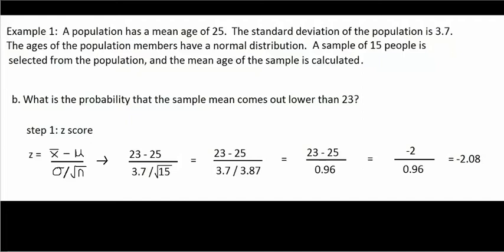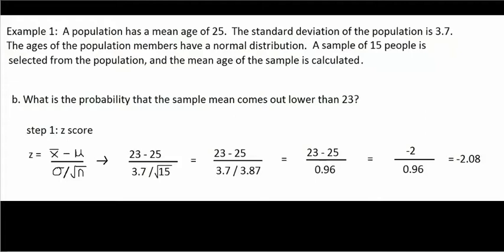Let's move to part B. So we want to know the probability of the sample mean coming out lower than 23. We'll be following basically the same steps we did earlier this semester. We're going to calculate a z-score and go to a z-table. And since it's a below question, the z-table gives us the answer. There's nothing left to do. The only difference is